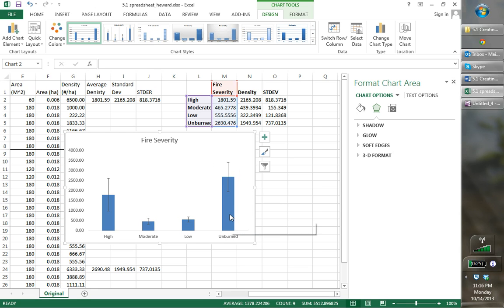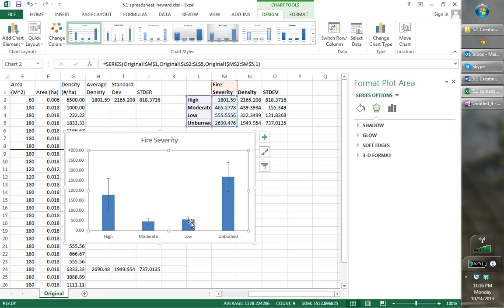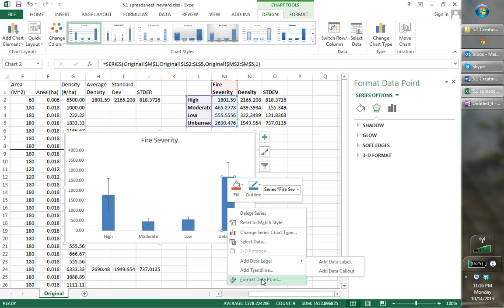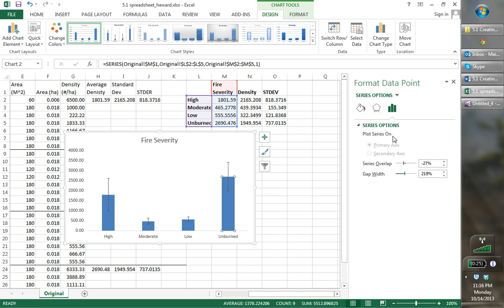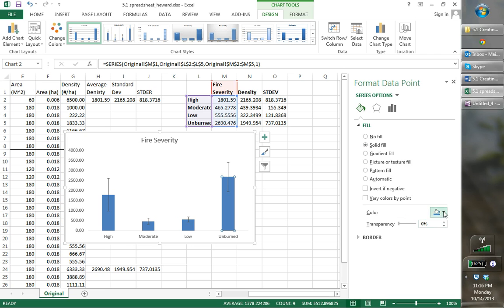So we also want to change the colors in these bars. So click twice on one of them. If you click on them once, then all of them get activated, but then I would change the color in all of them. But we want to change the color in just one. So now I have one activated here, and I'm going to right click on it and format data point, and I want to do this bucket here, and I'm going to change the fill, solid fill, and change the